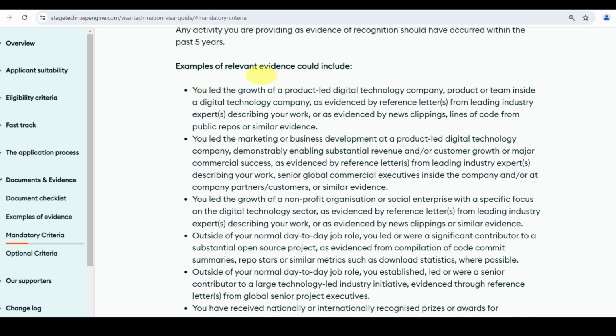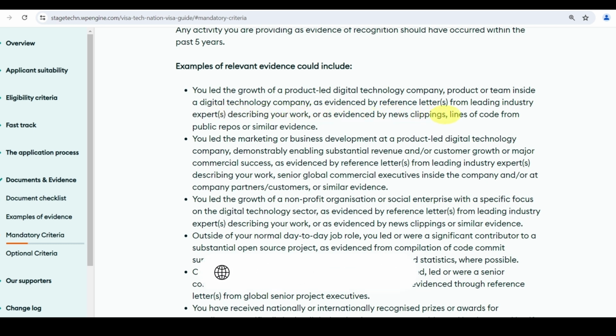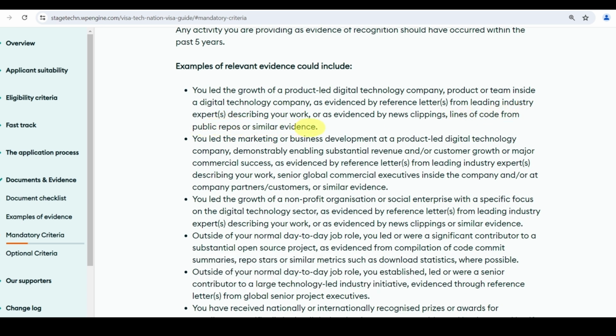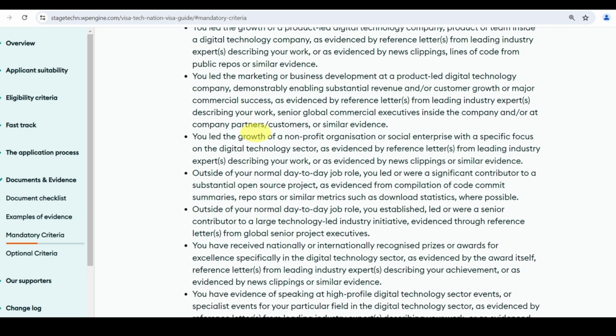Now, examples are over here. You led the growth of a product-led technology company, product or team inside a digital company, as evidenced by a reference letter from a leading industry expert describing your work, or as evidenced by news clippings, lines of code from public repos or similar evidence. So this is the whole list of evidence.